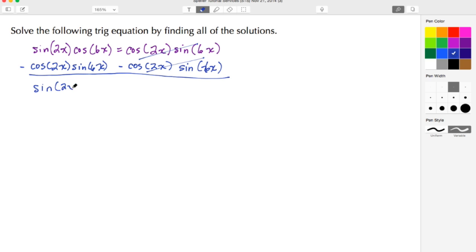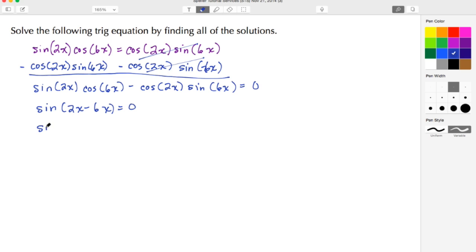So we'll have sine 2x cosine 6x minus cosine 2x sine 6x, and all that set equal to 0. And what we need to recognize here is that this is actually the difference formula for sine. So this simplifies down to sine of (2x minus 6x) equals 0. And then we're going to simplify what's inside the parentheses. So this becomes sine of 2x minus 6x, which leaves me with negative 4x,